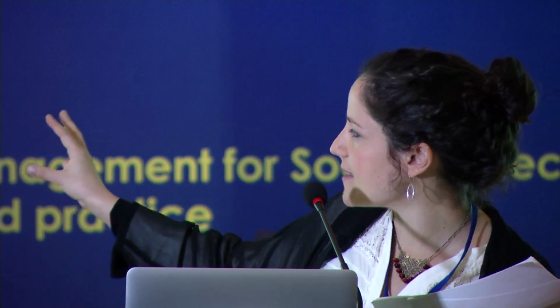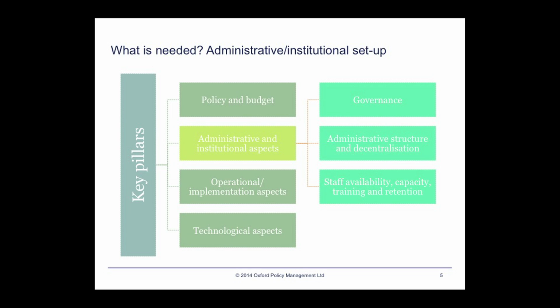Okay, so I'm now moving to the second pillar. I realize this is actually quite difficult to read on this screen, but the second pillar is about administrative and institutional aspects. So I'll be looking at governance issues, and this came up a lot yesterday: what is the right governance for these kind of integrated systems. The administrative structure, and especially issues around decentralization. A lot of the countries, even represented in this room, felt a tickle because they said, okay, we can try and centralize, but we've got these very powerful decentralized governments. How do we deal with them?